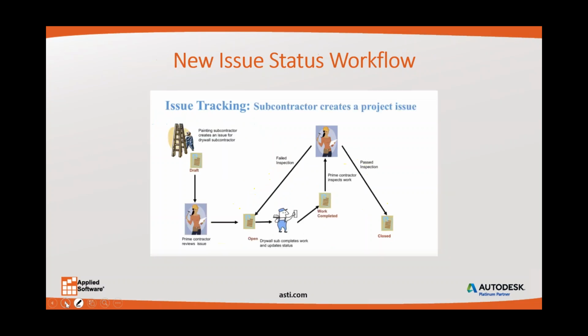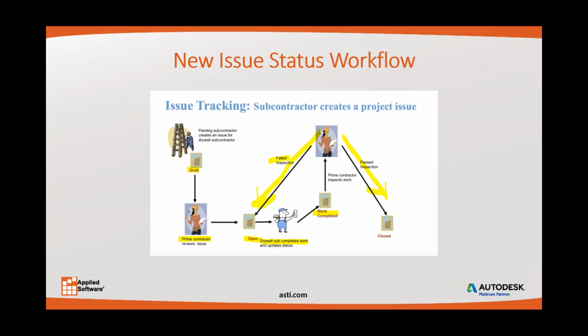Now with this new subcontractor role, we've got a little bit different opportunity here. So painting subcontractor creates an issue for the drywall subcontractor, sets it as draft status. The prime contractor reviews the issue. We can open that issue, ultimately allowing the drywall sub to complete the work. And again, we go through this same process of closing the issue, and then if it's failed, we'll go back